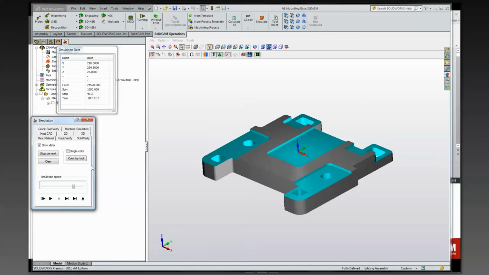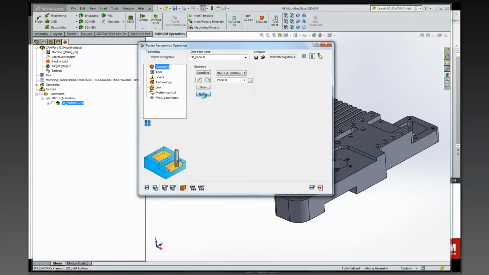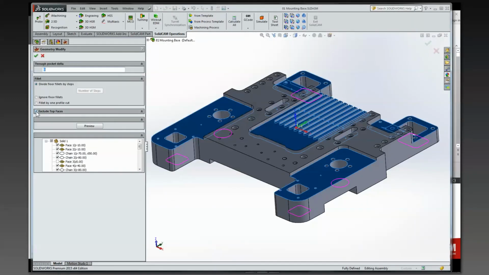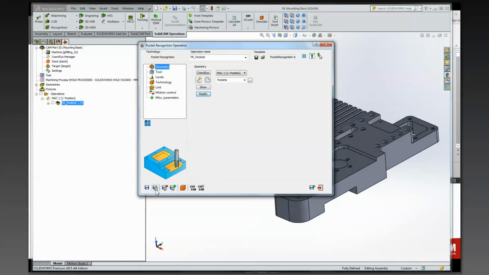Okay, so very quickly it found all the different pockets, found their upper levels, and machined them to their lower levels. If we want to, we can always go back to the geometry page, and in the modify, we can simply exclude the top face. And then, when we rerun those, you'll see